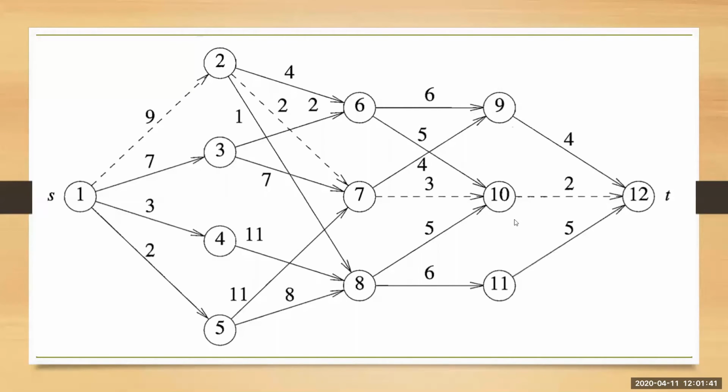Okay, and for that purpose, there is no need to calculate which is minimum. From 9, 4 itself is the minimum because there is no other edge from 9 to 12. Only one edge. From 10, only one edge. From 11, only one edge. Therefore, there is no need to calculate minimum from 9, minimum from 10, and minimum from 11. So, whatever is the edge cost, that becomes the cost of 9. Okay. Now, I have to calculate the cost of 9, 10, and 11.